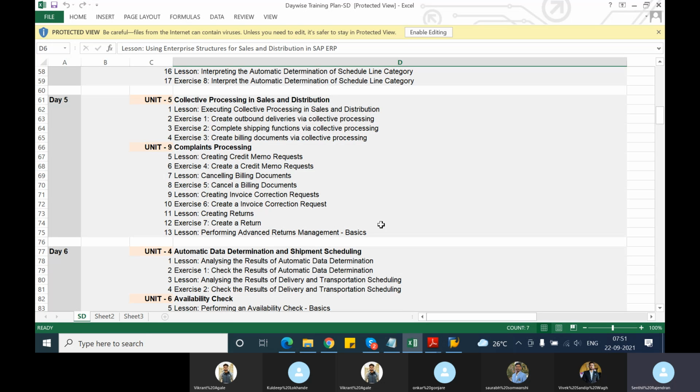Then we saw what is a scope of check and how to configure the scope of check. Like what are the inward movements, what are the outward movements that will be considered. So then we saw what is the replenishment lead time and where this field will be available in material master, and the check without replenishment lead time, what is the significance of that. And then we saw different scenarios for availability check. Scenarios 1, 2, 3, 4, we have seen. So how the inward movements and how the outward movements are defined, and how it will be considered when a new